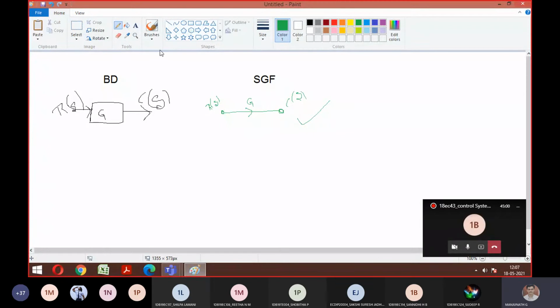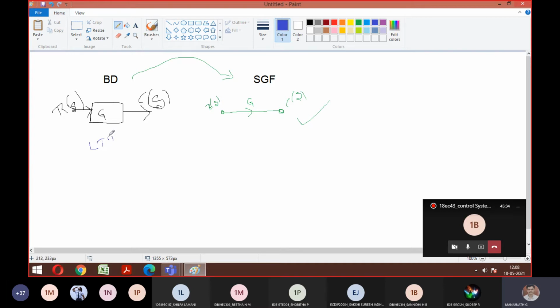Is this second point clear? After knowing the disadvantage of block diagram, we got to know the advantage of signal flow graph. Then I showed you how the pictorial representation looks. Is that okay? Yes, sir. So this is the first difference. They may ask you to write the difference between block diagram and signal flow graph for 6 to 8 marks, so at least 8 points should be there. Both are applicable to LTI systems. So this is your model number 2, the second part we will discuss.